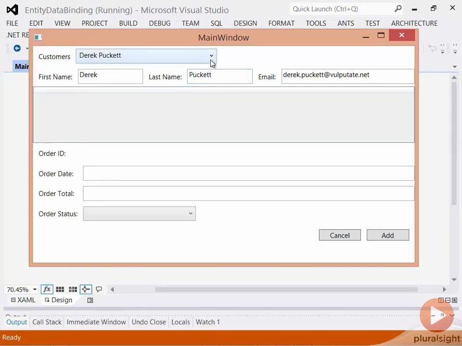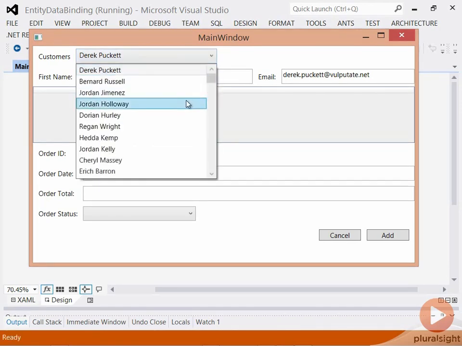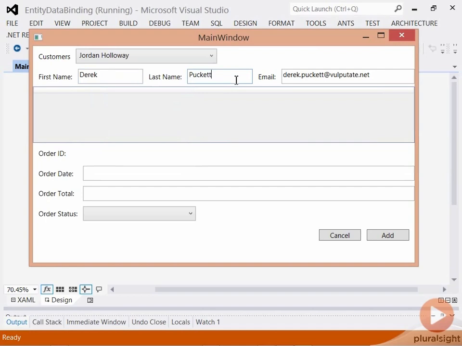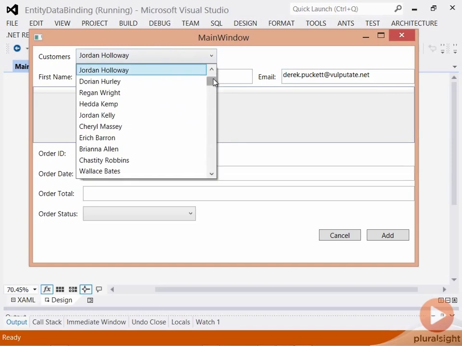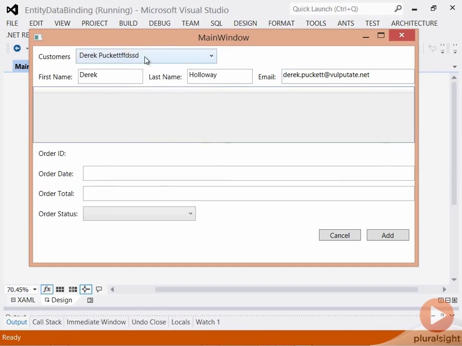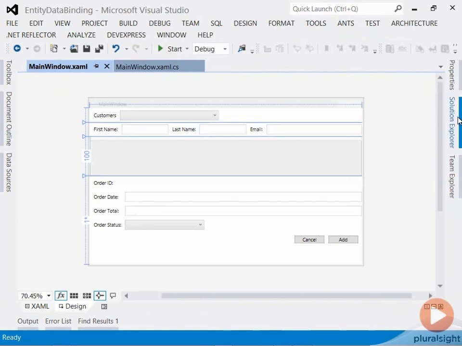So in the last demo, we saw this synchronization problem because we're using simple plain old CLR object entities, that if we are making selections up here, they're not reflecting in the fields. If we edit a field and then tab out, then it jumps to the current object. It didn't update in the list here, but if we select the guy, then the change shows up. Now part of that is caused by the lack of support for INotifyPropertyChanged, which is what we're going